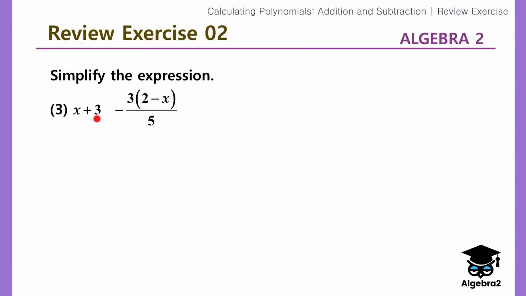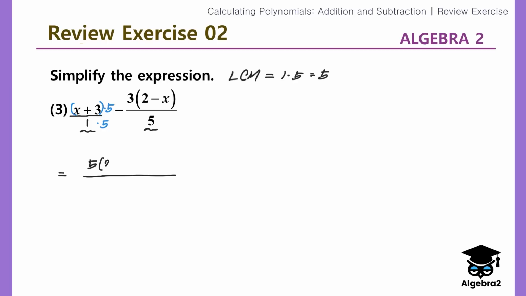Number 3. We have x plus 3 here, but we have a fraction, right? This polynomial is a fraction form. So we're going to rewrite this x plus 3 in fraction form, x plus 3 over 1, and find the least common multiple. Our least common multiple of 1 and 5 is just 1 times 5, 5, right? So we're going to multiply 5 here and multiply by 5 here. So that is equal to